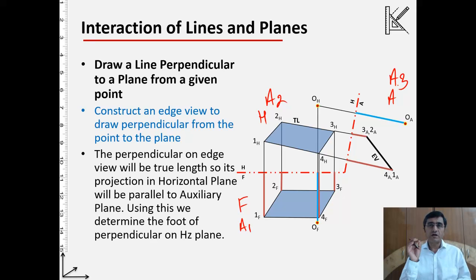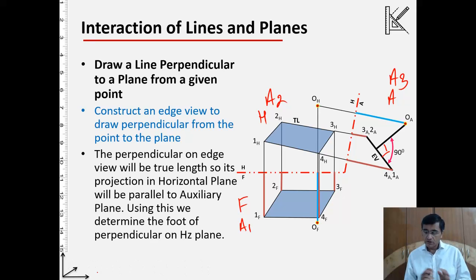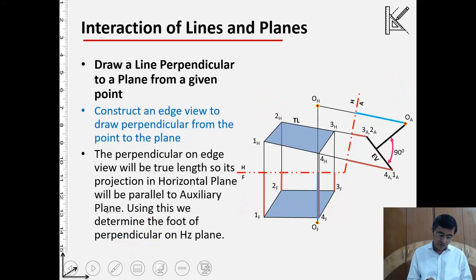Alright, so from point O, because I have to drop the perpendicular from O onto the plane, I will drop the perpendicular from OA onto the edge view. So let us drop that perpendicular. If we have done the perpendicular, that's the 90-degree angle, so we complete the perpendicular there. Next, the foot of the perpendicular is somewhere here. I have to identify this foot of the perpendicular. We'll give it a name. Let's say the name of it is P.